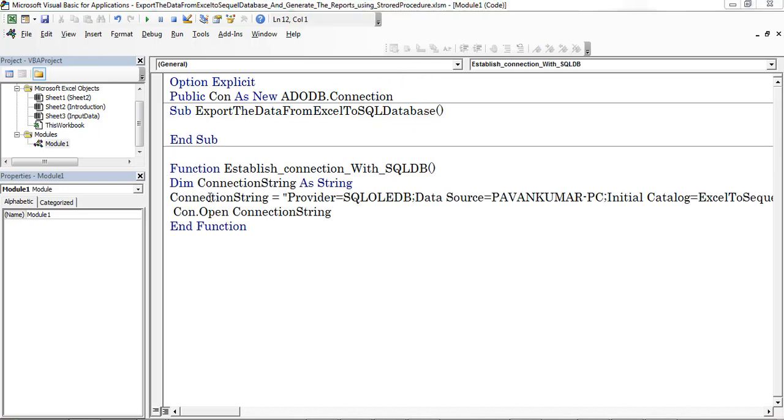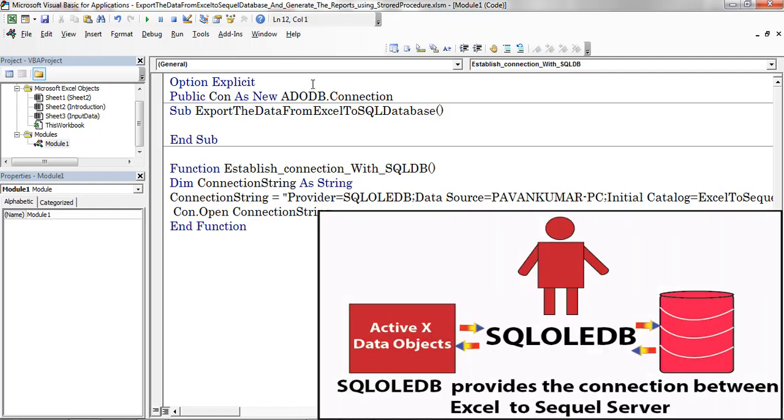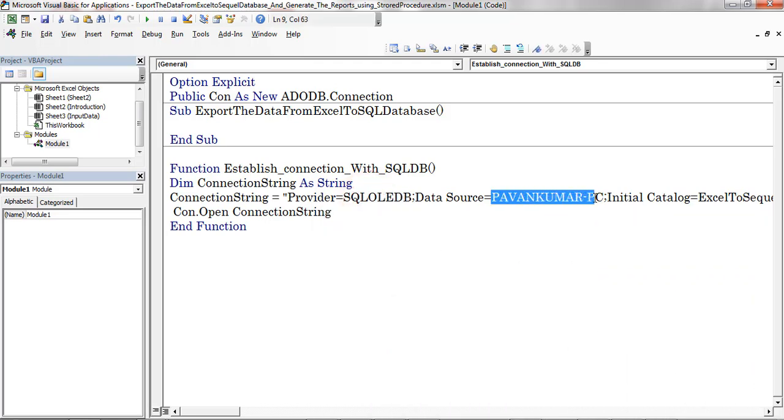Next, I defined a variable which is named as connection string and data type is string. After that, I defined a connection string, provider is equal to SQL OLEDB. Here, ADO denotes ActiveX Data Objects. ADO connects the database by using the OLEDB connection string, and this is the server name.